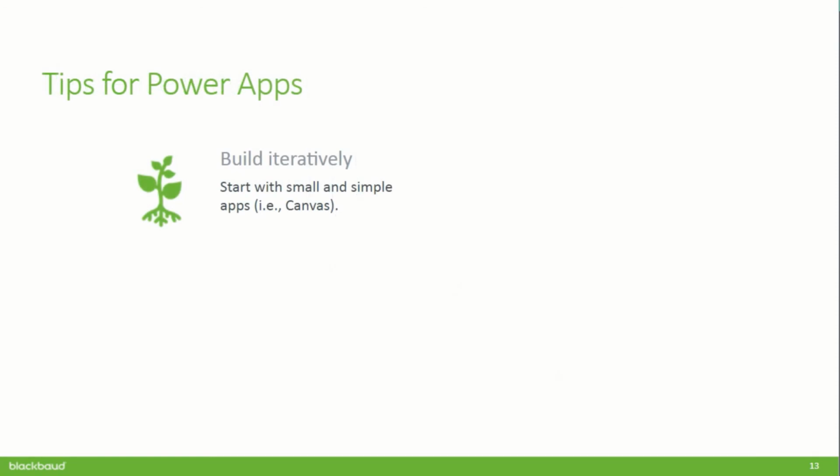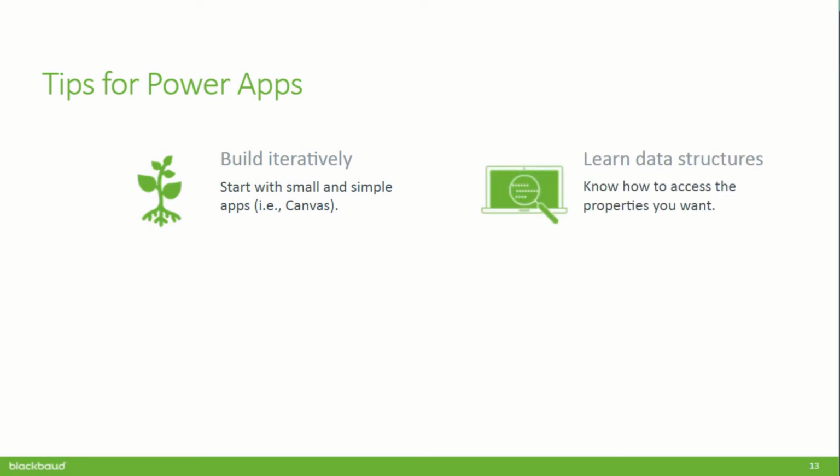So just a couple of tips for Power Apps, and I believe I called these out in the demos. One, build iteratively. Start small, because it's easy to get frustrated. It can get really complicated really fast. So starting small helps you know exactly what the problem is, and also how to get there, and you're not losing hope or getting too discouraged. Second one is learning the data structures, as you saw. Knowing what properties are available on each thing in the interface in Power Apps, and also how data structures work with API calls is so important. That API reference is going to become your best friend.